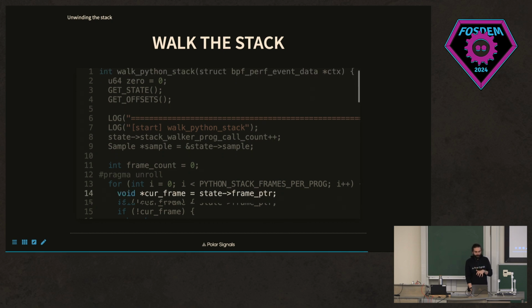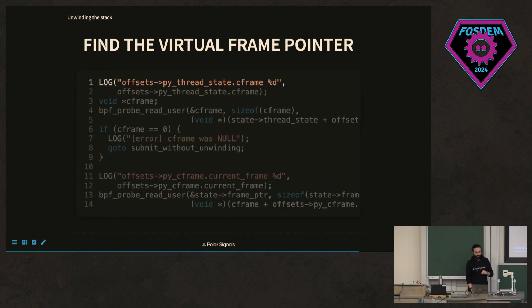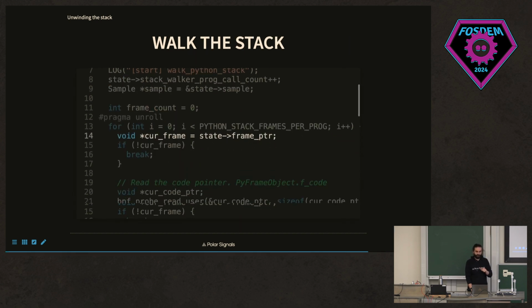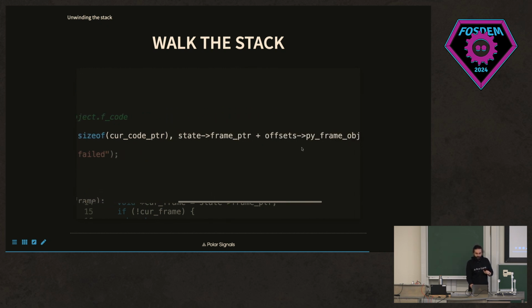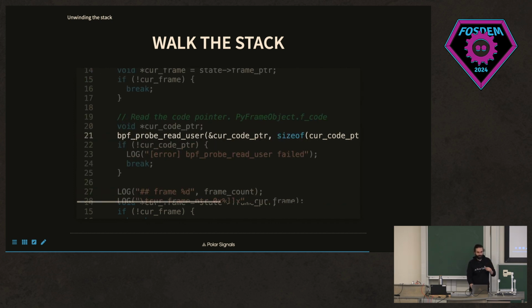The key point here, from the previous code that you can see, is that we put something into a state, just line 13, to the frame pointer, and we then read that frame pointer from another eBPF program. And from that pointer, we basically find the offset of the frame object where the code points to, and read that raw address with some